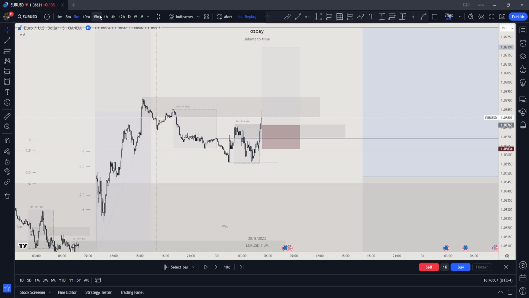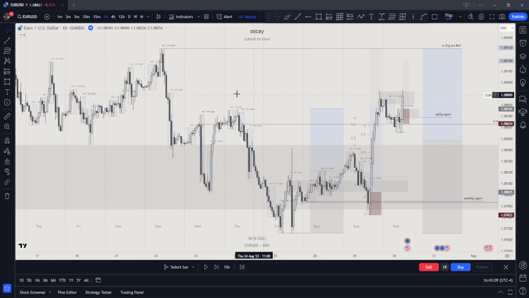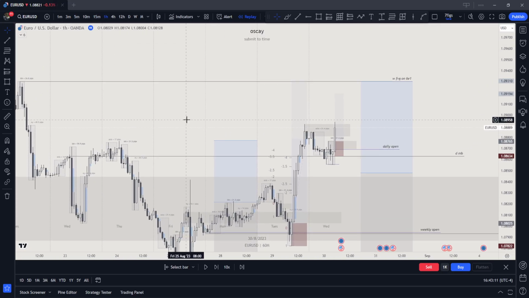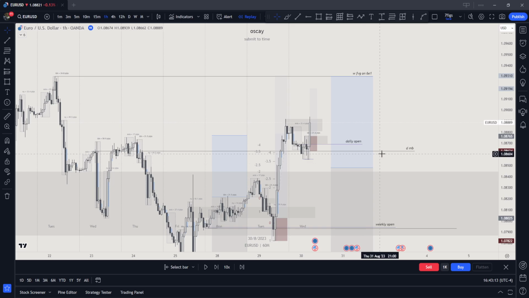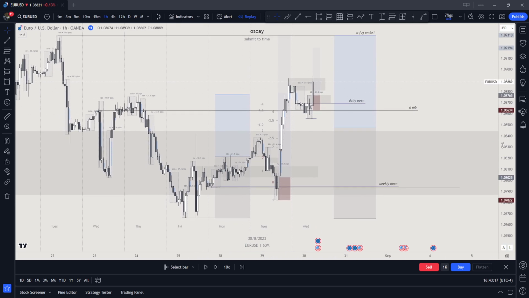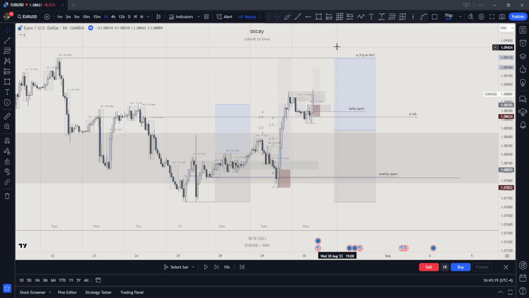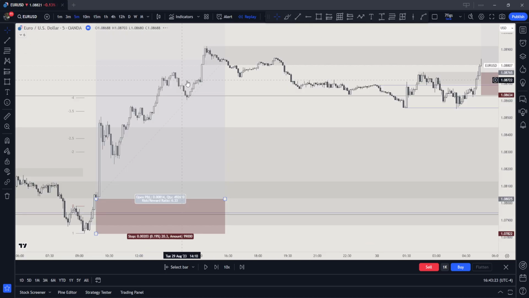Let me think. I'm not in this, by the way, yet. Daily mitigation block below daily open. Closer drawn liquidity. First stage right here. Second stage this. Yeah, this. The green lights are just screaming.